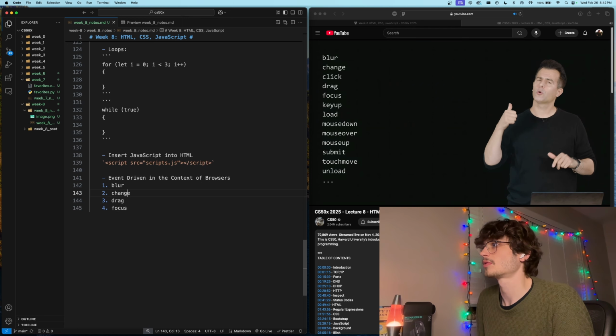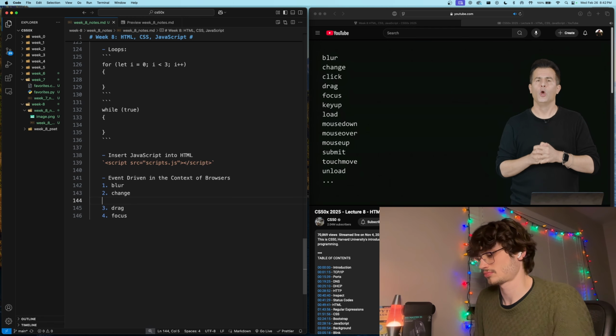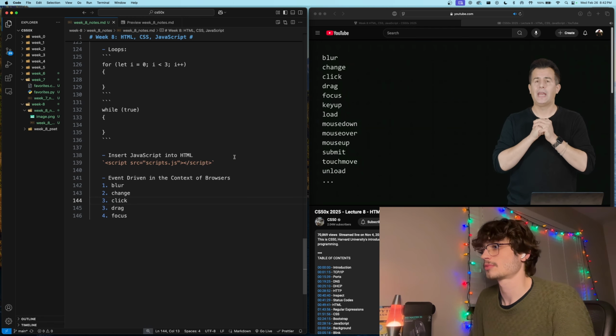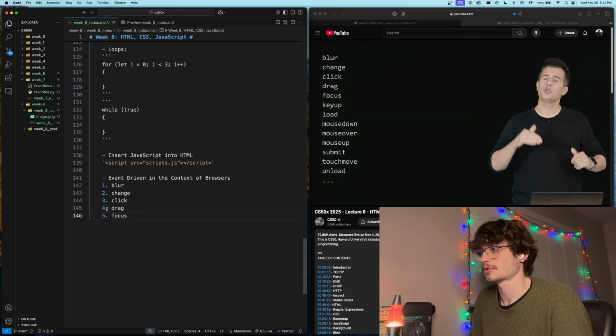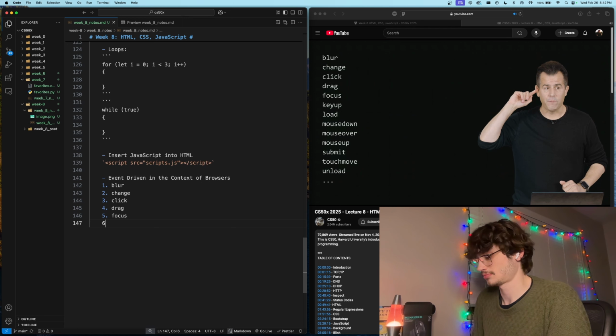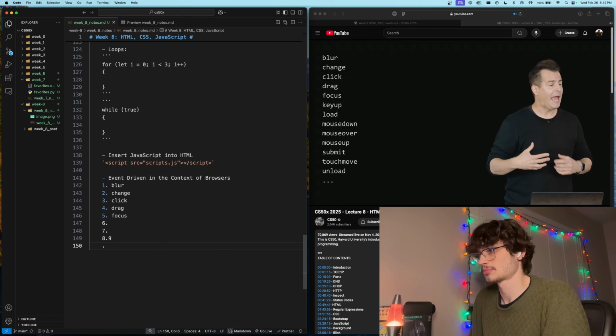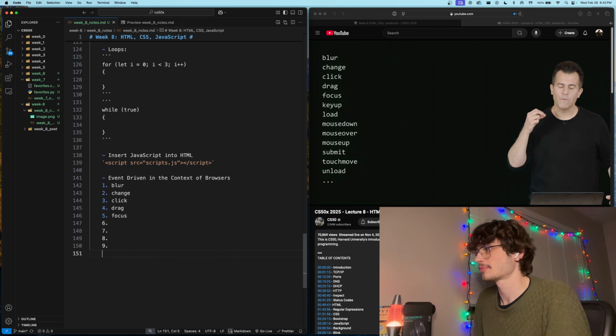So long story short, all of these keywords that you see here represent events that happen inside of a browser that JavaScript as a language can be used to listen for and respond to. And as such, you can use JavaScript to make very interactive